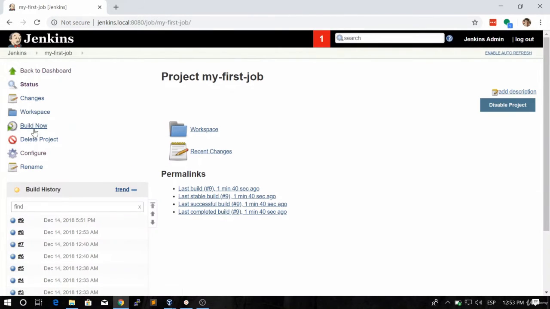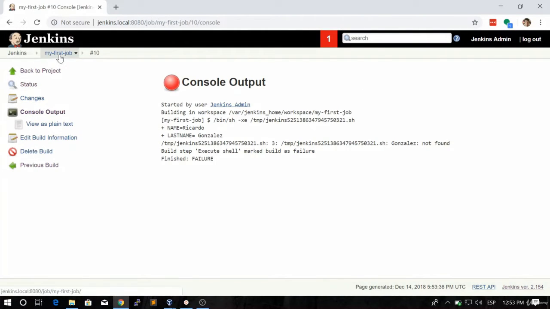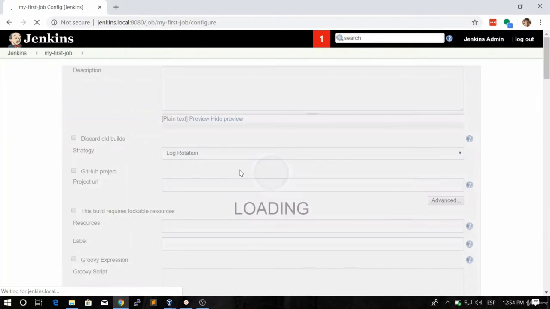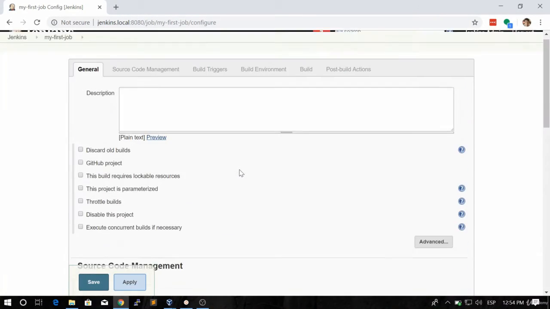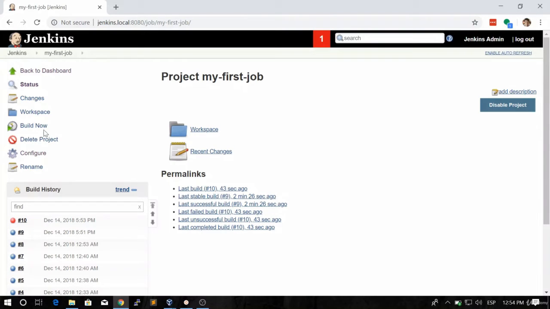So let's go ahead and save it. Let's go and click on the build button. And as you can see, we have an error here, which is pretty cool. We made a typo. And what is that typo? Can you spot it? So the typo is pretty simple. We're defining variables, but in this case we have a space here, which is a problem. So if we go ahead and fix that, and then we click on save, and then we build this now,